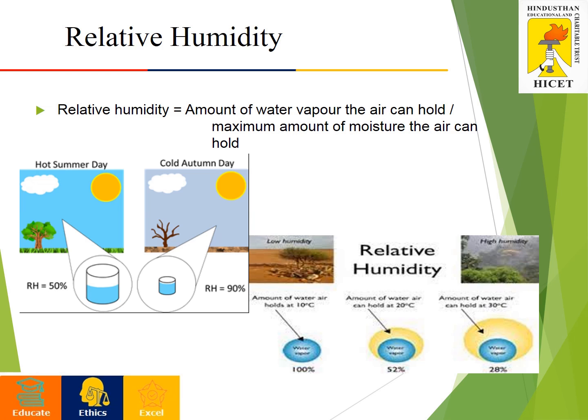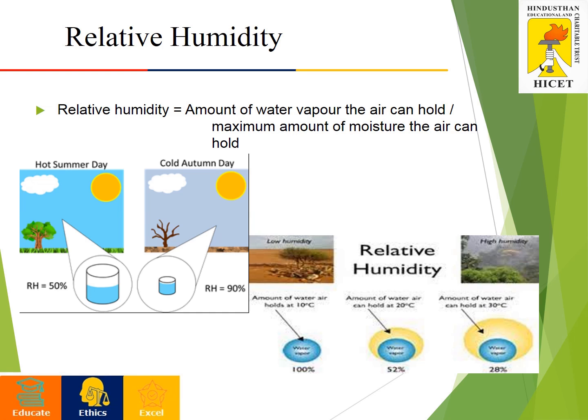The main parameters which decide human comfort are relative humidity, air motion, and dry bulb temperature. These three are the primary factors which decide comfort. Most people feel comfortable when the environmental temperature is between 22 to 27 degrees centigrade, that is dry bulb temperature. High relative humidity slows down the heat rejection by evaporation, and if the relative humidity is very low, it speeds up the process. Most human beings prefer a relative humidity of 40 to 60%. So these are the general comfortable conditions.